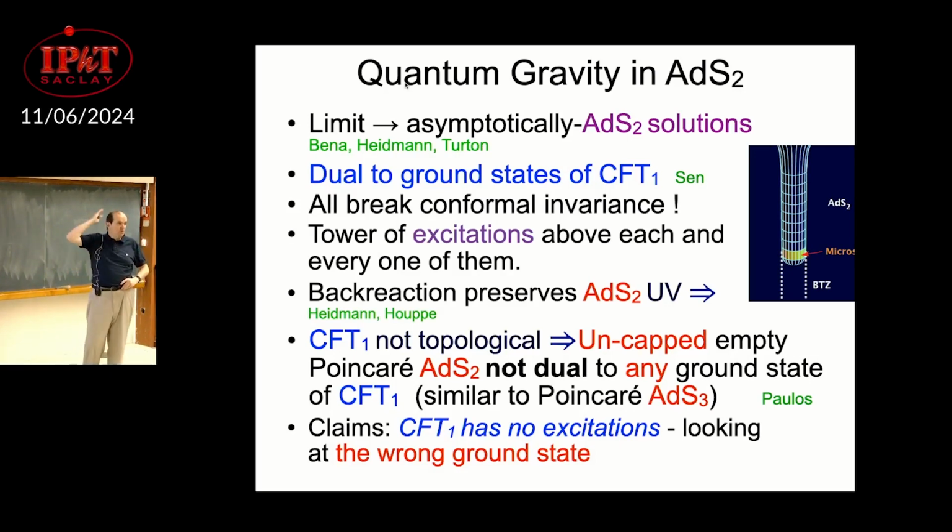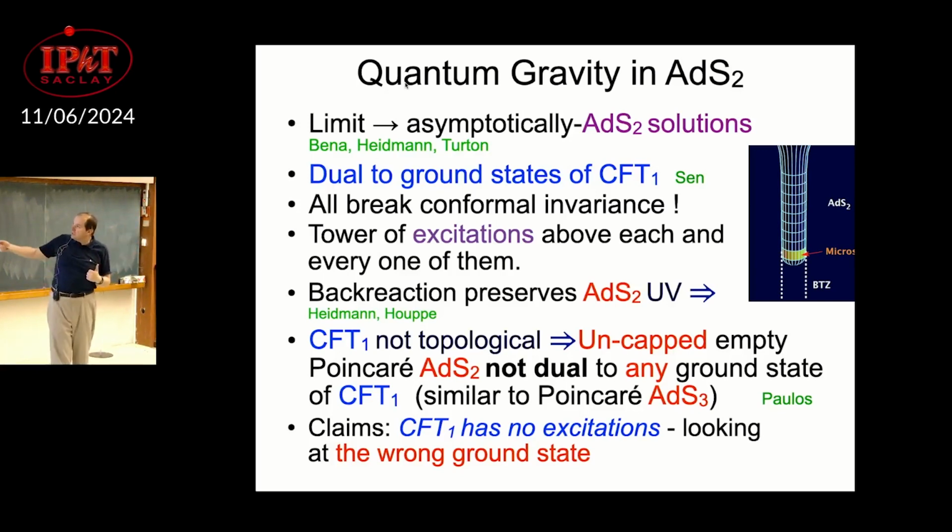I think Ashoke had some paper a long time ago. He was saying there's a CFT1 dual to AdS2, which has some states which reproduce the black hole entropy. Those states are some of the states. These solutions are dual to some of the ground states of the CFT1. Now, the ground states of the CFT1 are very interesting because there are many people discussing the CFT1 dual to AdS2. There's a whole industry and so on.